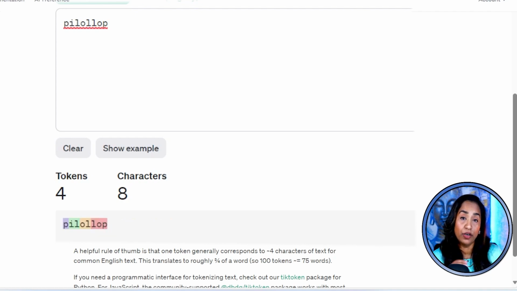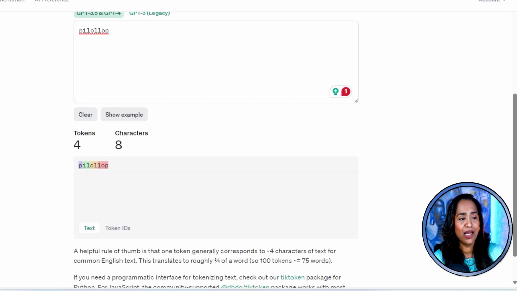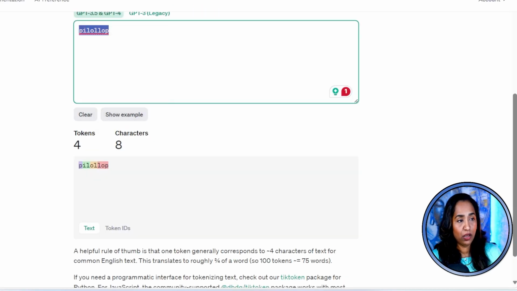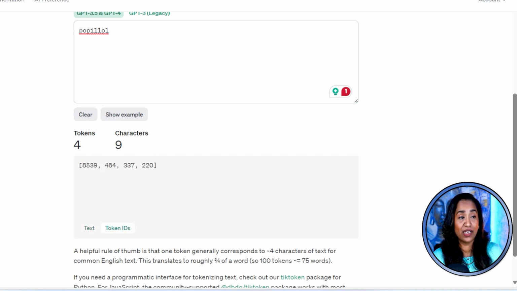So every color you see is a different token. Now let's go back here and actually stay right here and spell lollipop backward. And here is again the way it's tokenizing it. And these are the token IDs for